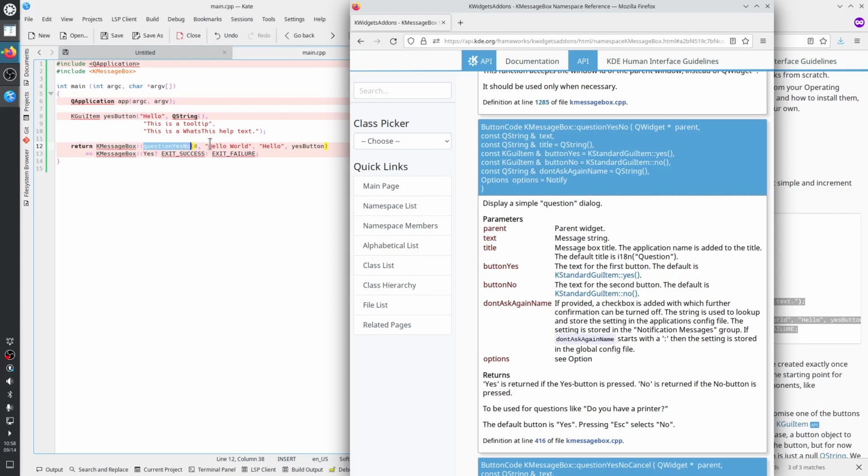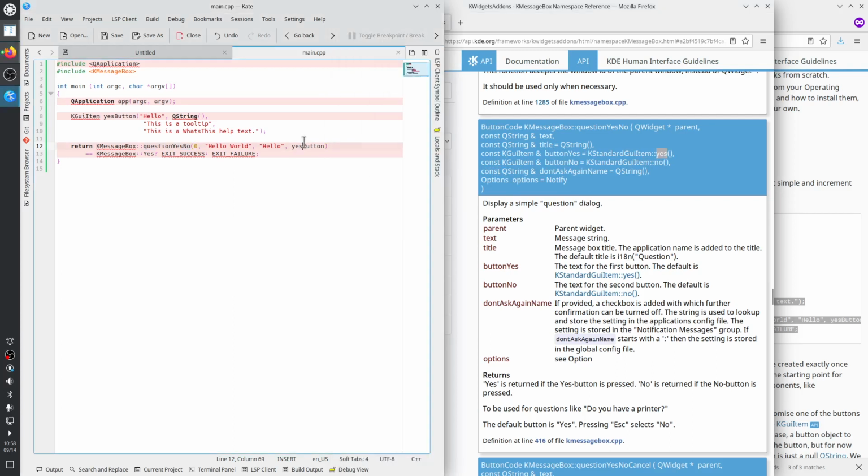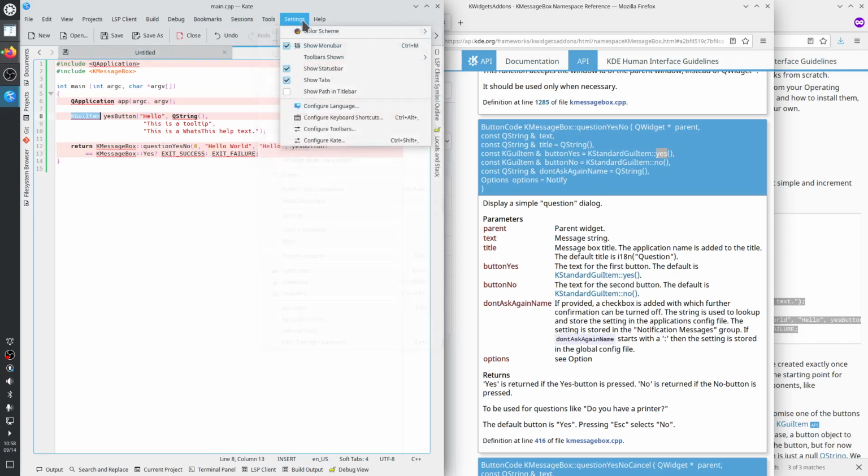Then the text inside of the message box, hello world. Then the title of the message box, which will be shown in the title bar. Then these are default parameters. One parameter, we don't pass the default value, we pass a custom value, which is the yes button, which has this